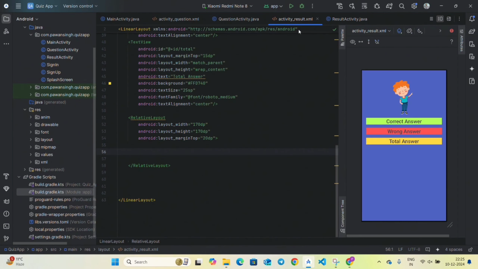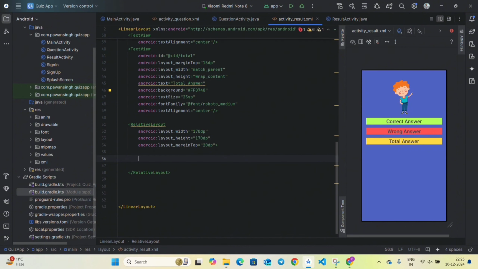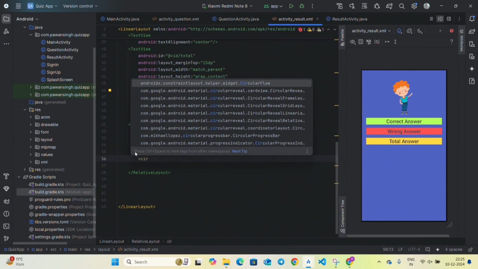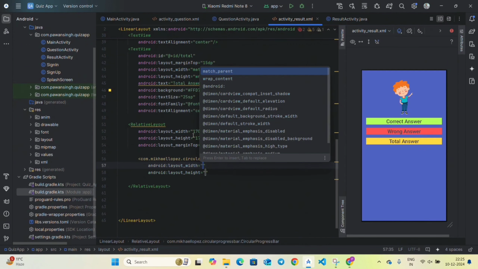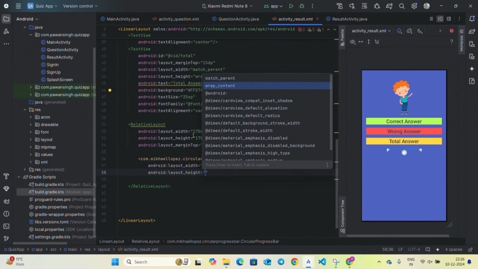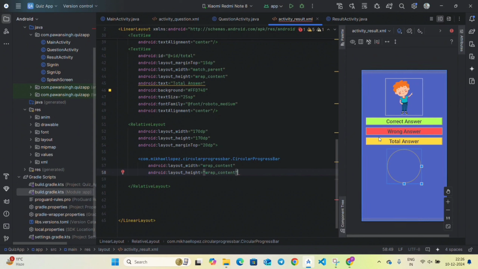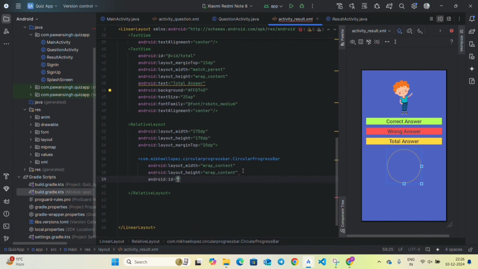So our project got synced. So close this. Now go to the activity again and inside the relative layout write circular progress, and you can see the Michael Lopez circular progress bar. Click on this and make its width wrap content and also height wrap content. You can see a circular progress bar here. Now in the next line give it an id @+id/circular_progress_bar,